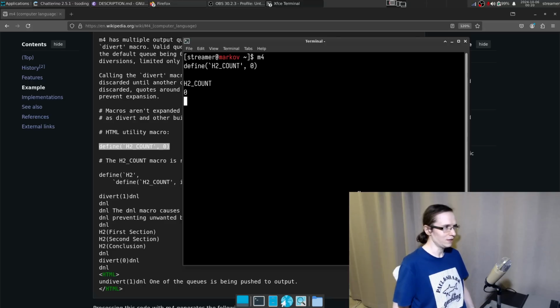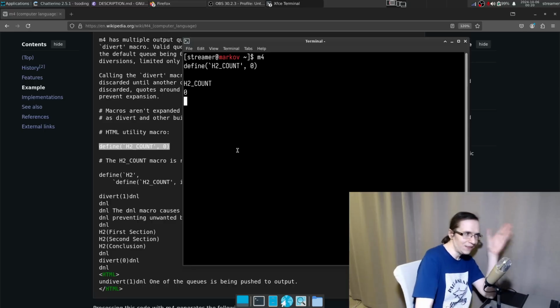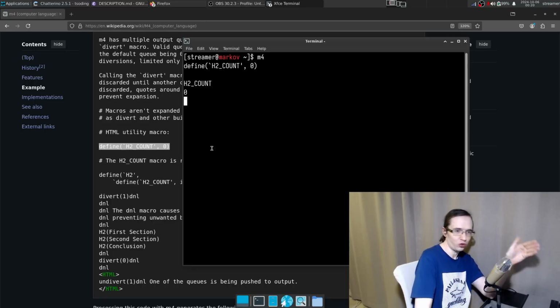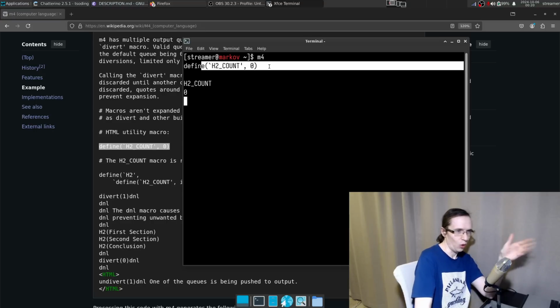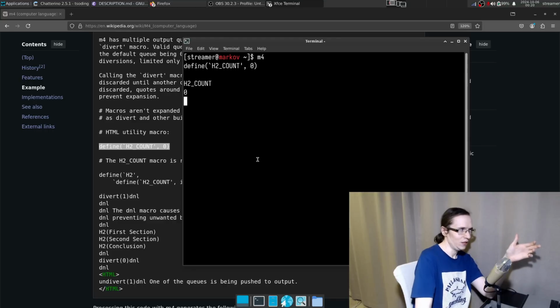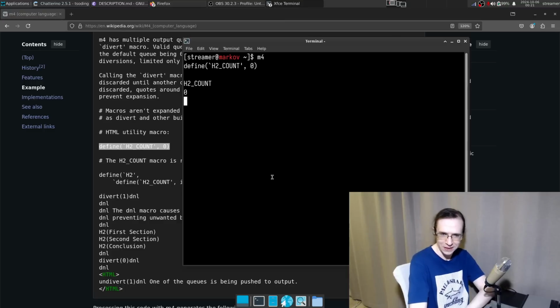So I input that. Okay, so it can actually not only work as the C preprocessor, it can actually stream. That's actually kind of cool. So you can even send this thing over the network, and it will just render the document as it receives the M4 script. This is kind of cool, actually.